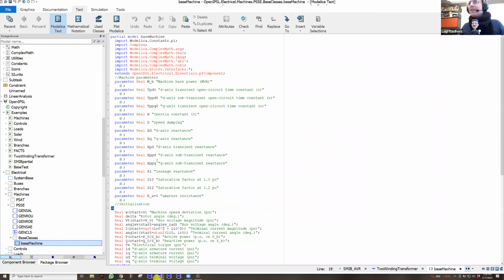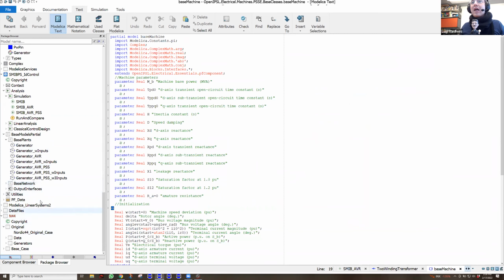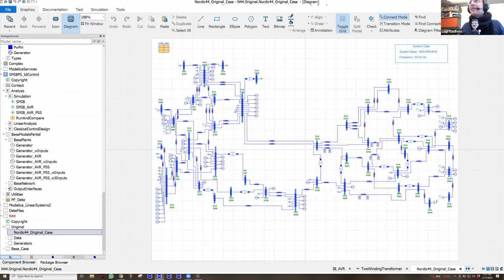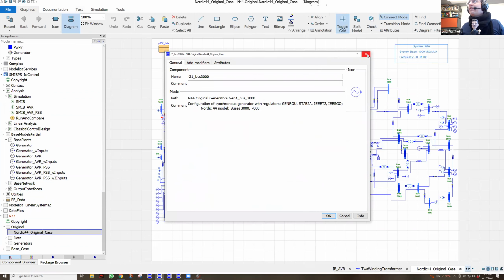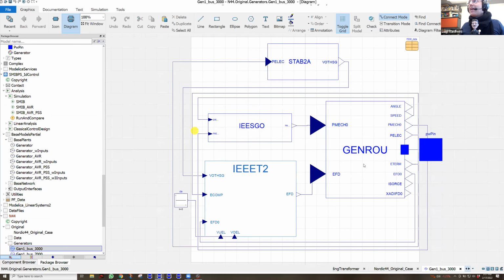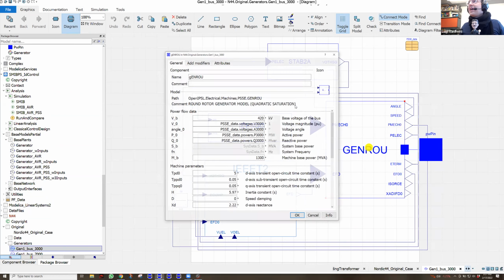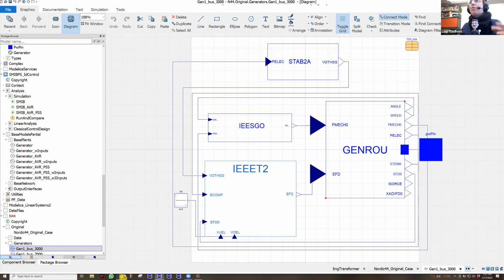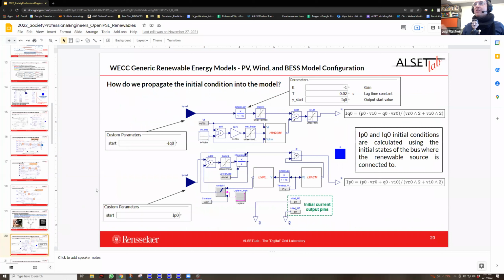So just to show you a clear example of how those guess values look like, let me go here into my Nordic 44. There's a Nordic grid model. And if you look inside of this, that's the plant. And inside of the plant, you have all of the controllers. And here, you're basically passing the power flow data in this case, and you're passing it from a higher level. So we're actually solving a power flow solution and then passing it along, like most tools work. And I can talk with more detail about that if you have some questions later.